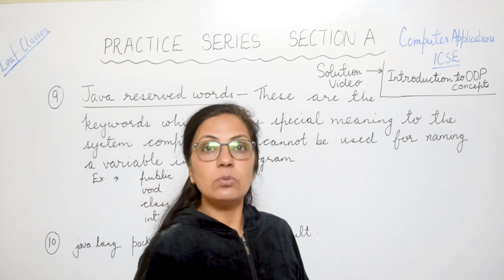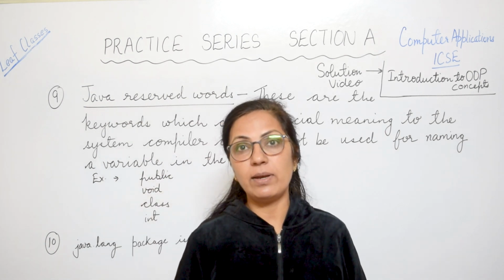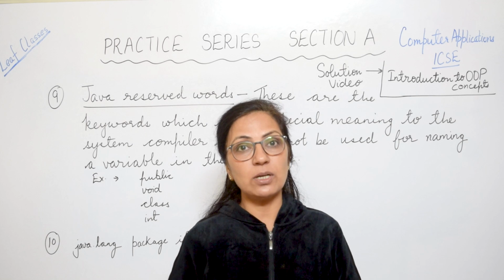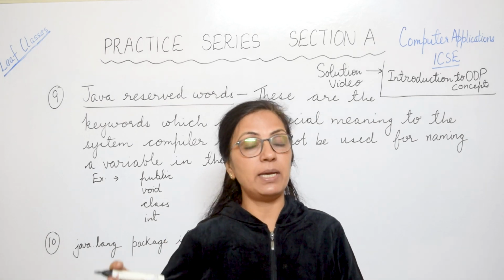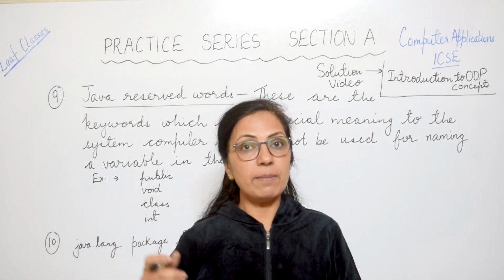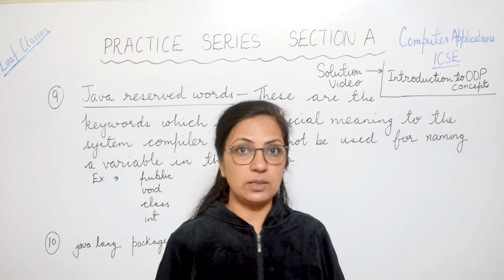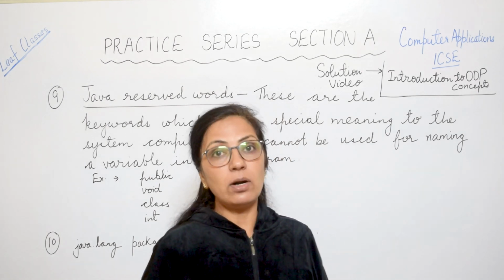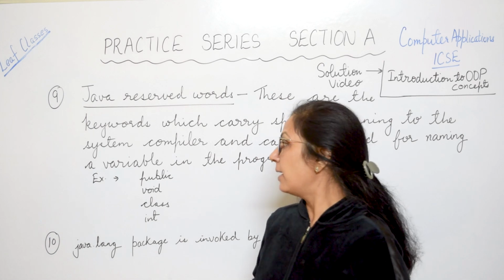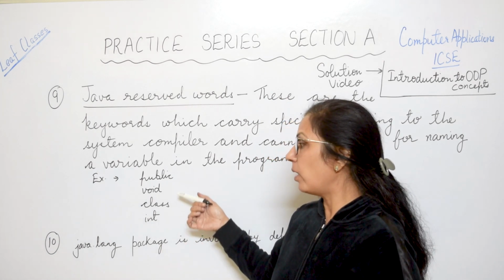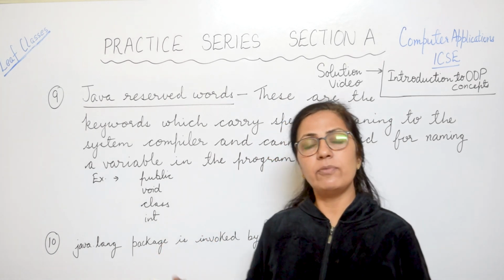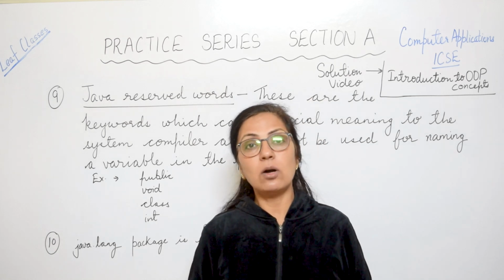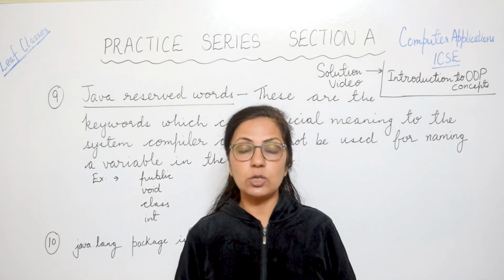We cannot use these words for naming any variable because they carry some special meaning. They have some special meaning in Java compiler, and compiler recognizes them with that purpose only. So they are not allowed for naming the variables. The examples: public, void, class, int, double, float, char, string, all these are the reserved words which you cannot use